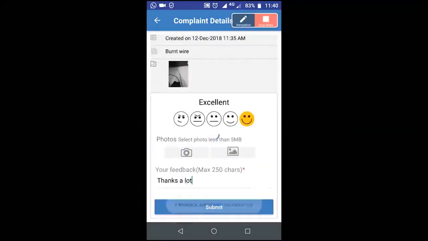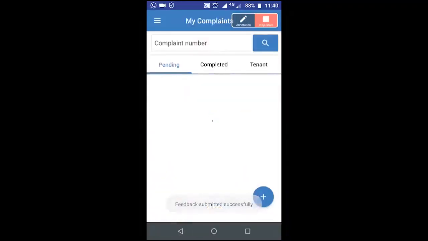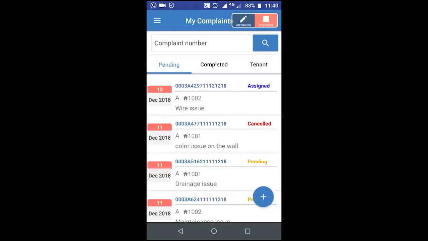Once the feedback is successfully submitted, we can log in as zonal head to close this request. Now let us log in as zonal head.